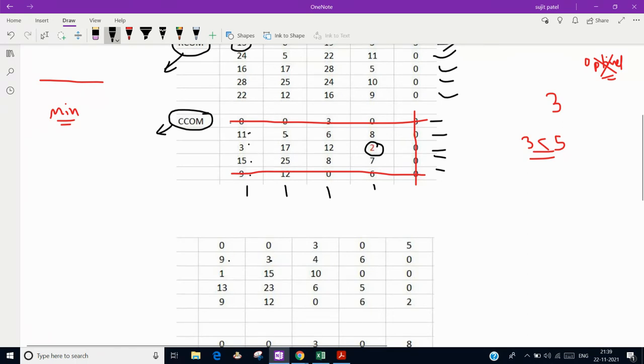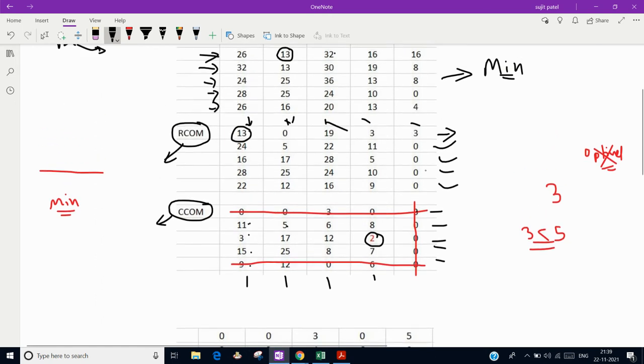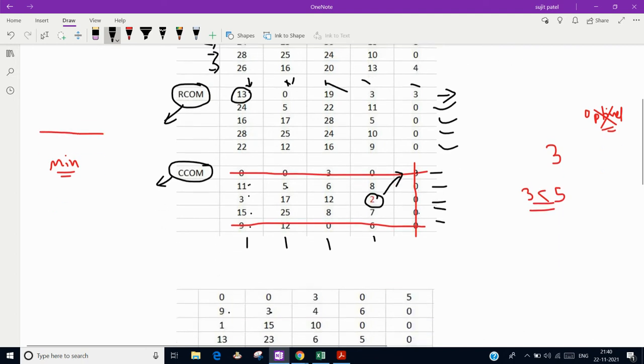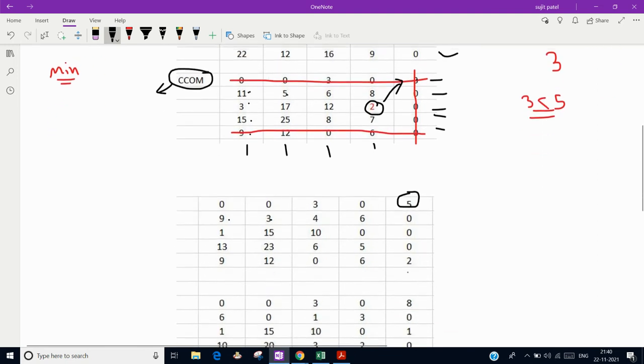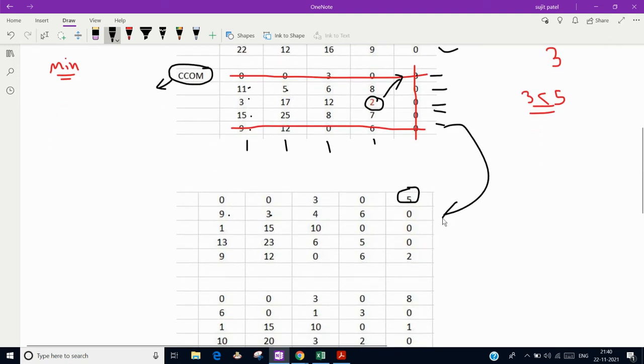Now those elements which are covered by lines, keep as they are: 0, 0, again 0, here 3. But where two lines cross each other, that means if there is a junction, like here, that is a 3, I think there was a 3 earlier, and here it is a junction point. So at a junction point, whatever the minimum value, add that value. Here it was earlier 3, so in the next iteration it will become 5. So by doing this we are getting this matrix. I hope you understand. Here 3 will get converted into 5, and this 0 will become 2.